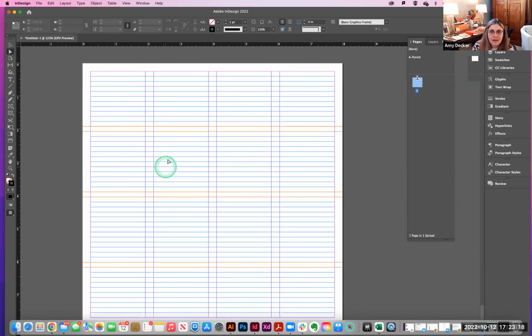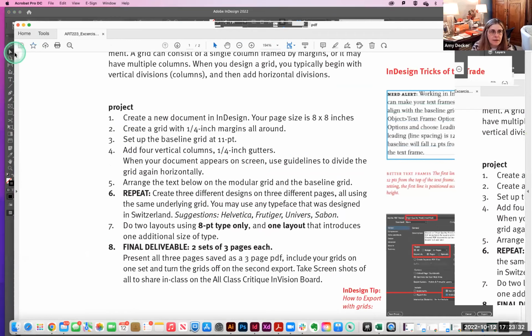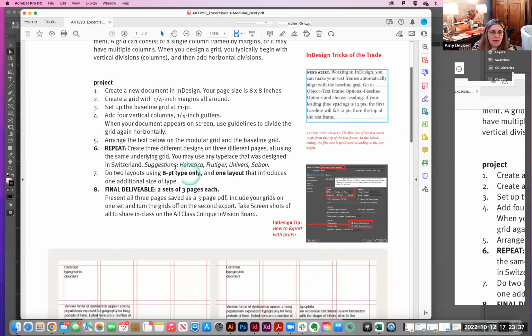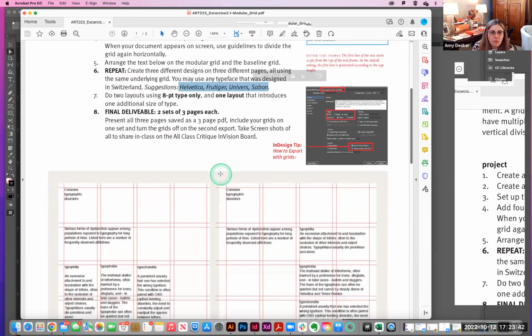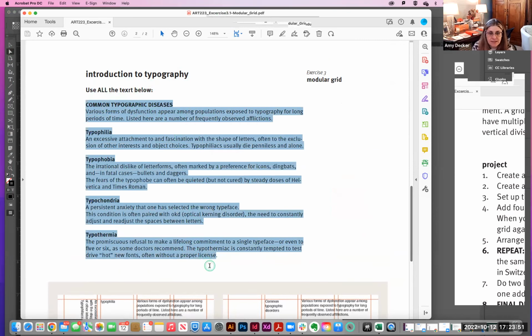Okay. So then, all right. Then we are going back here to our InDesign, our assignment sheet. So we need to choose a typeface that's a Swiss design typeface. We need to make our type 8 point, and we have to fit all of the copy on. So the way we're going to grab our copy is we're going to go over here to the PDF. And what I do is I just go into the PDF, select it,